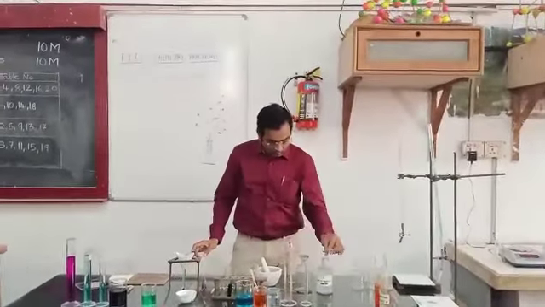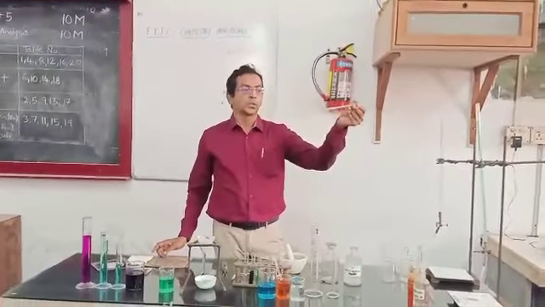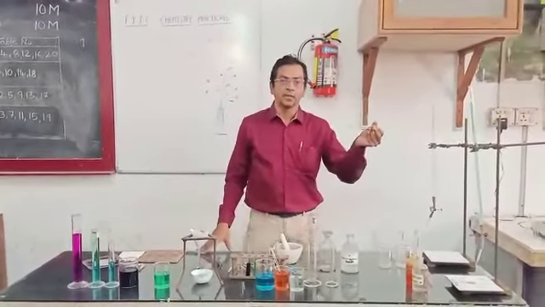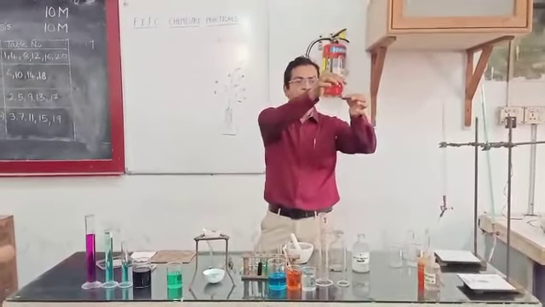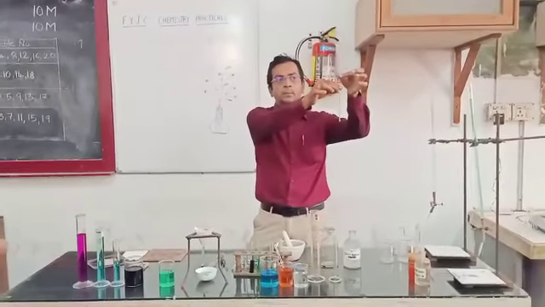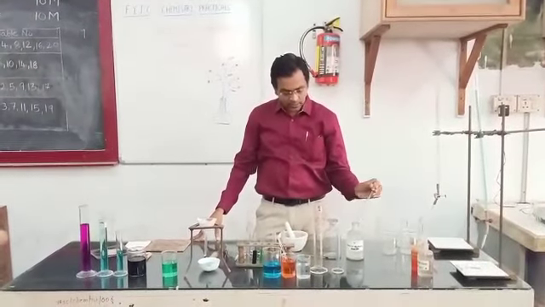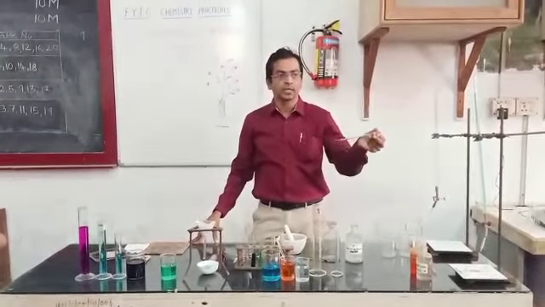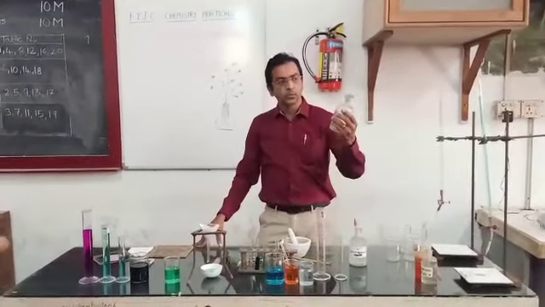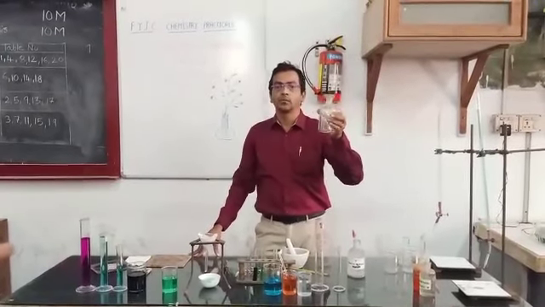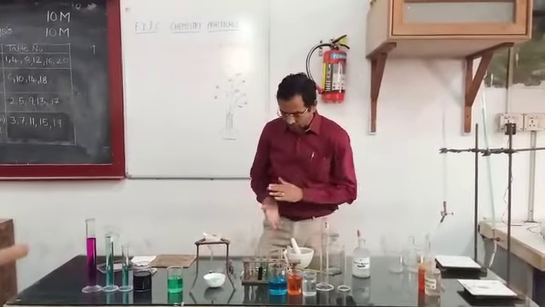Then I have this dropper. You use it so that there is no mixing of the chemicals. The dropper has a glass tube and a rubber ball here. You press like this, and then dip it in a bottle. You collect that solution, and then transfer it into the respective apparatus. Okay. Then these are the bottles we use in the chemistry lab to store the chemicals, or you can say the reagents.